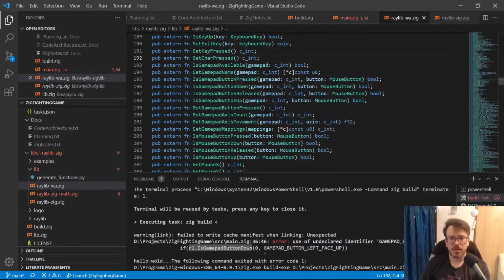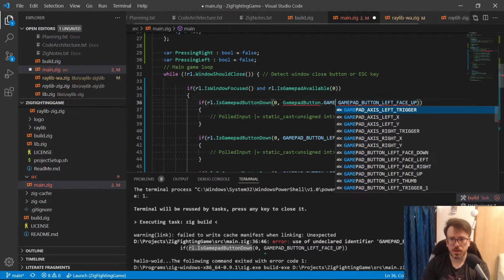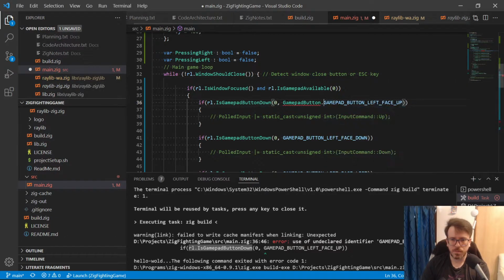So all these gamepad things should be game button. Keep that in mind. I'm surprised nobody's fixed that at this point. That's really strange. Okay. Anyway, yeah, we should get, so hopefully the names will.